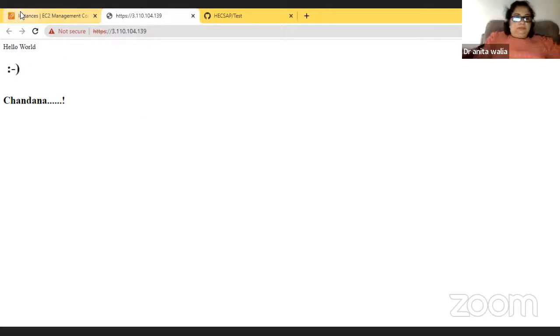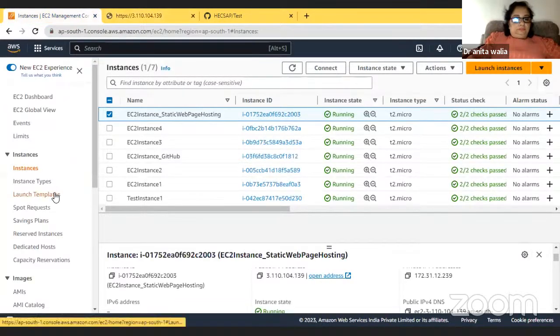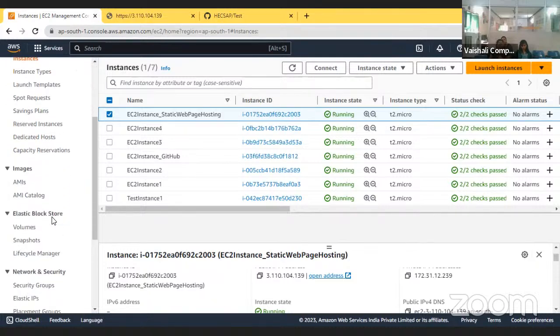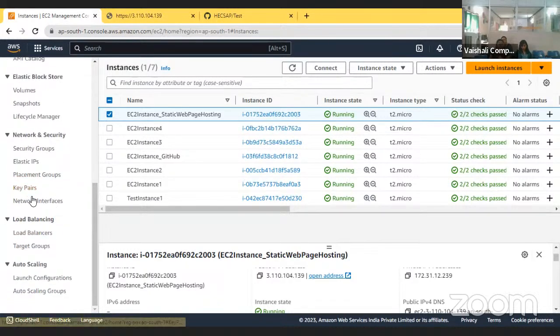Next topic is load balancer. Load balancing is a method of distributing network traffic equally across a pool of resources that support an application. Here, if we scroll down, we get the load balancing option. In load balancers, I have created target groups like EC2 instance 1 and EC2 instance 2. If I click on load balancer,